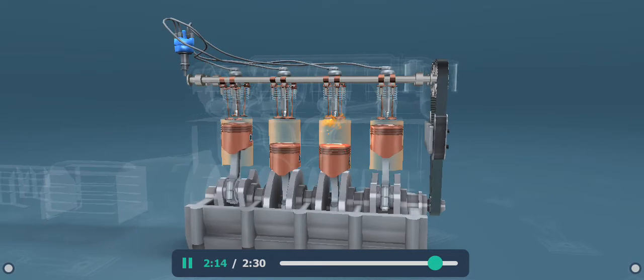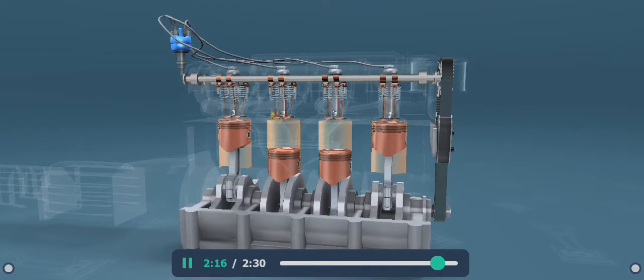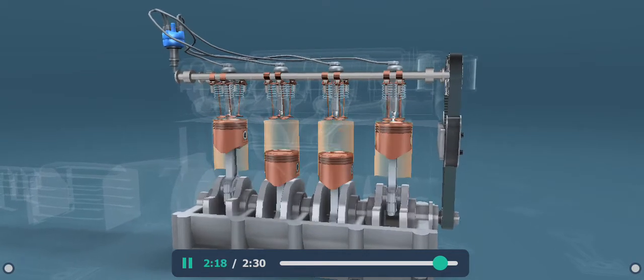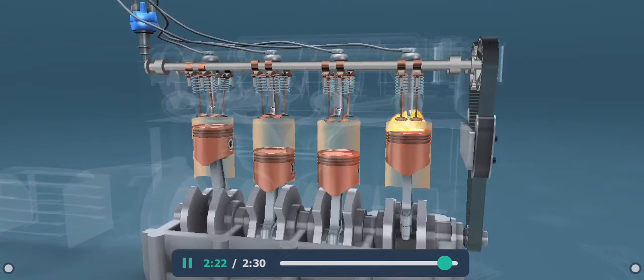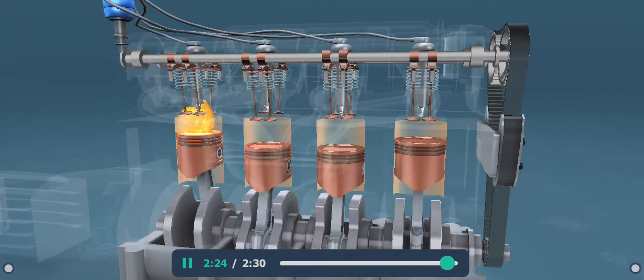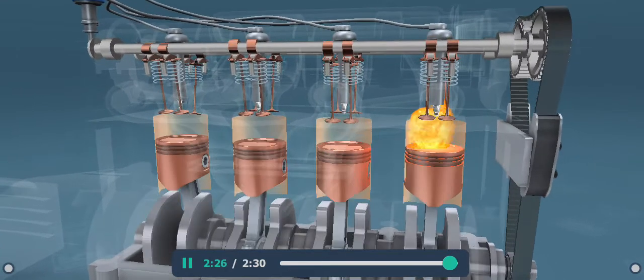The fuel used in the four-stroke Otto engine is petrol. An important attribute of petrol is the octane number. The higher it is, the higher its boiling point. Therefore, it can be compressed more, resulting in